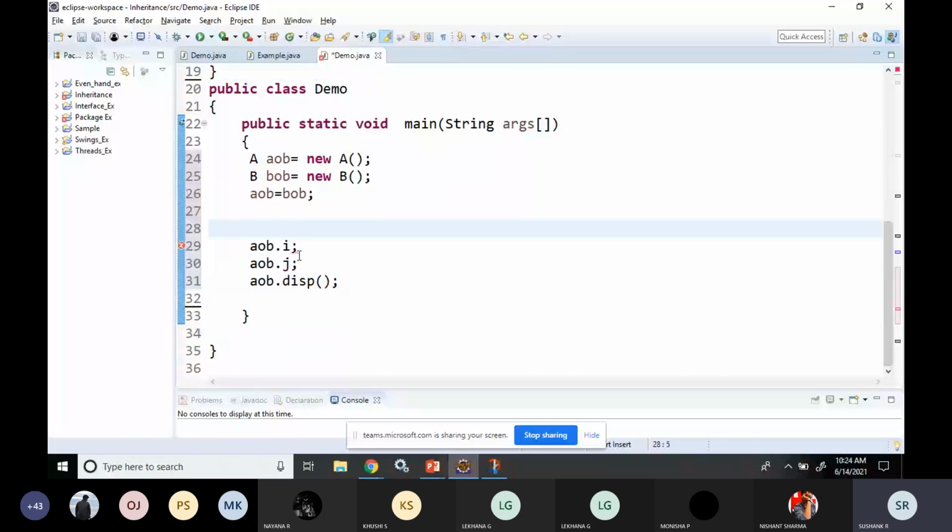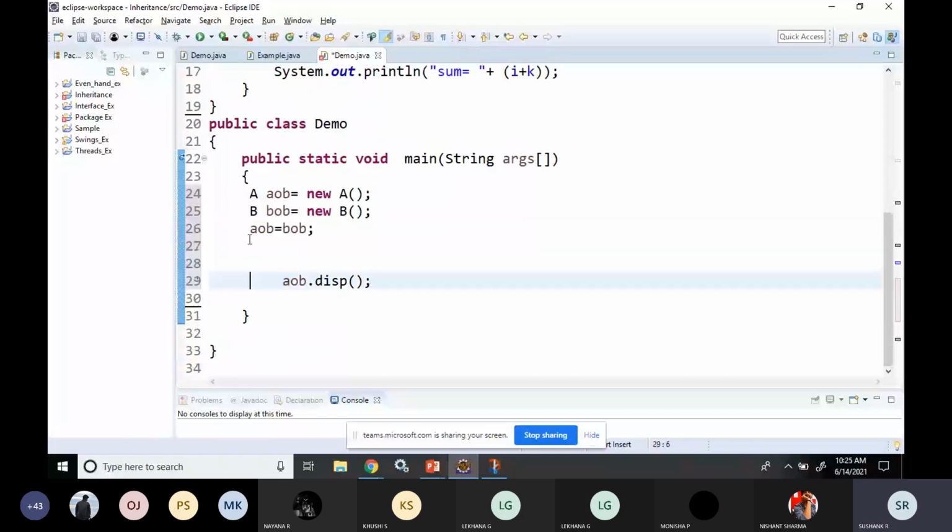Here what I did was I created a superclass reference variable for a subclass object. BOB here was the subclass object and AOB was the A class object.